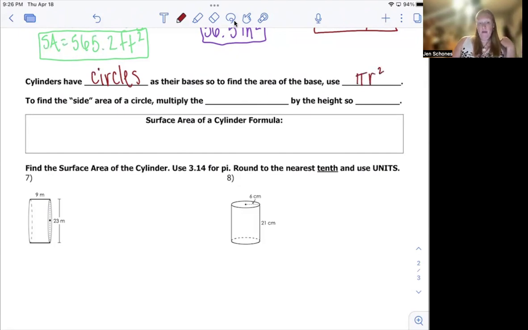Now, to find the side area of a cylinder, see what I'm doing there? I'm going around the circle. The distance around is the circumference. So we're going to find the circumference, and we're going to multiply it by the height. And the way we find circumference,